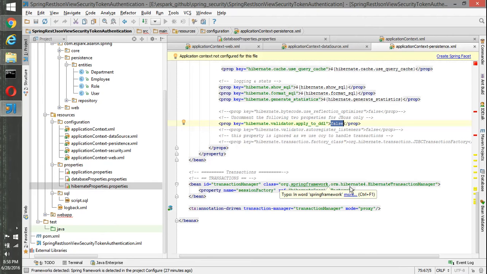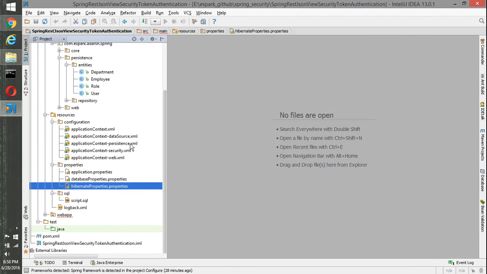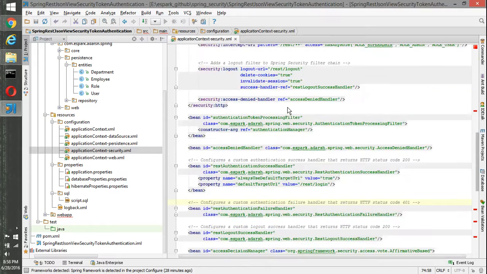Then we have a transaction manager here, where we are injecting a session factory and then we are just proxying it by transaction manager here. So let's get into the security.xml where